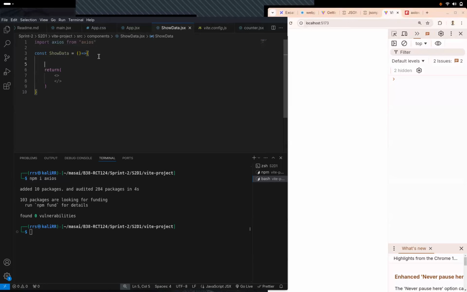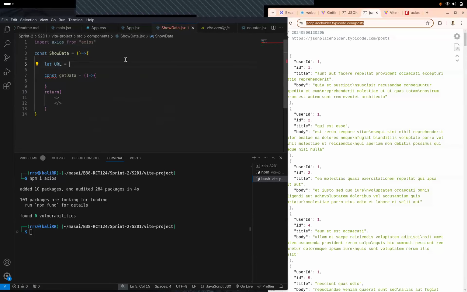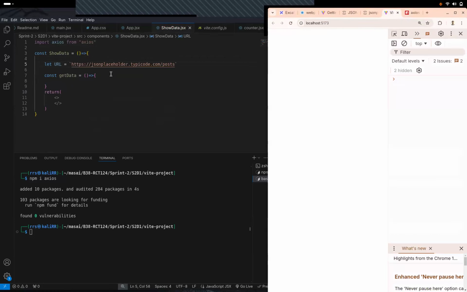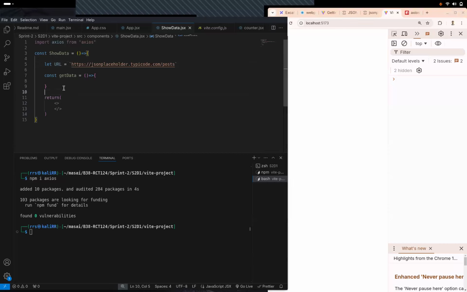So let's say I have a function over here, const getData, right? And what this function does, we have basically defined a URL over here, this copied URL. We have a URL over here, and what we have to do is basically do a GET request on it. So how do we do a GET request using Axios?